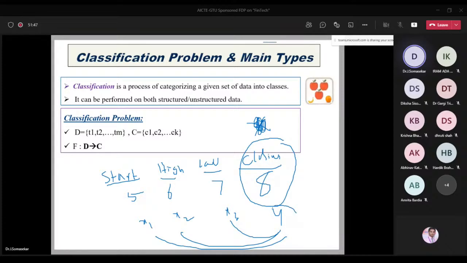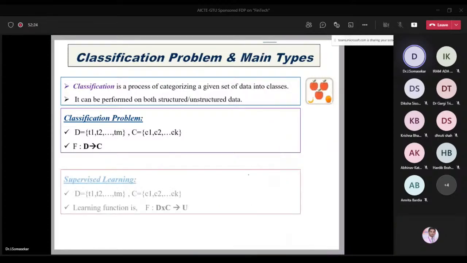Y is nothing but the label, or we can call it a class, or an output. So in supervised learning, we have data as well as a label, or class, or output, or dependent variable in the case of a regression model. So that is called supervised. Suppose I remove the closing price, that is called unsupervised. Suppose I include some closing prices, and some data not having any closing price, let us assume not applicable or nil, then that is called semi-supervised. It's a combination of supervised as well as unsupervised data. So there is the meaning of supervised.